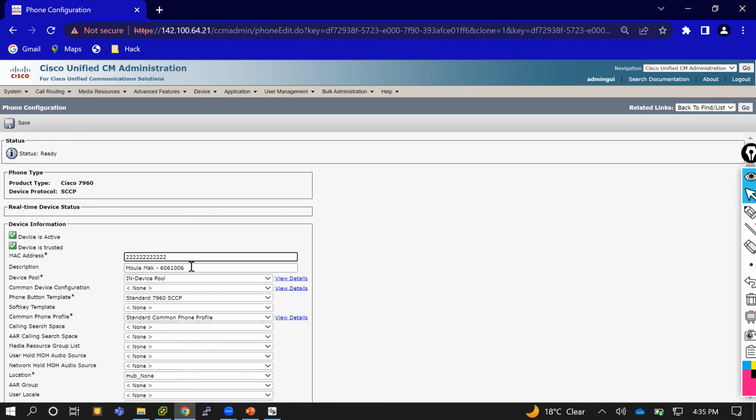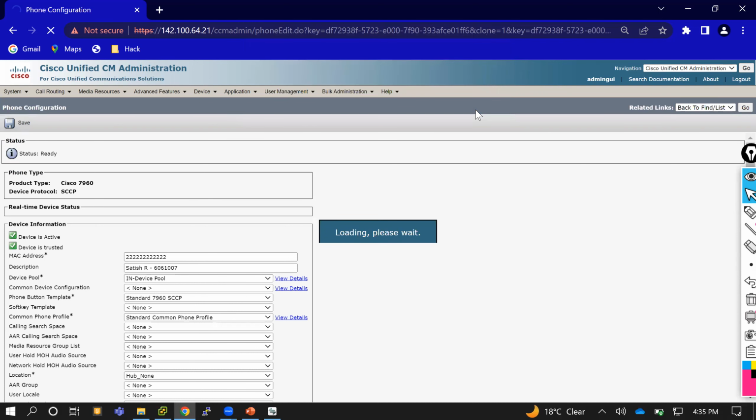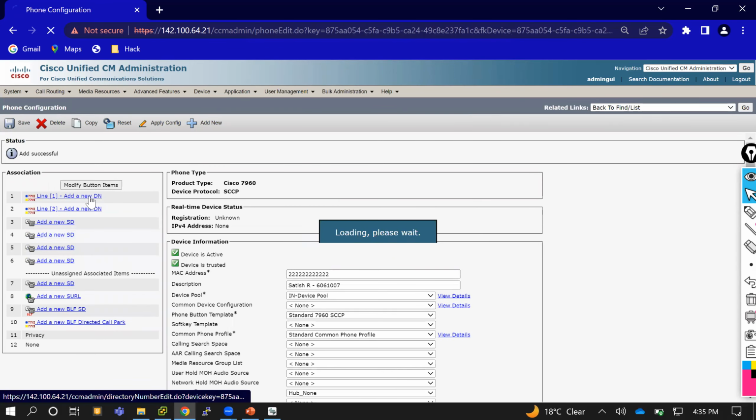This is not Mola Mac, this is Satish Kumar, Satish R. Then save this. Then I'm going to add